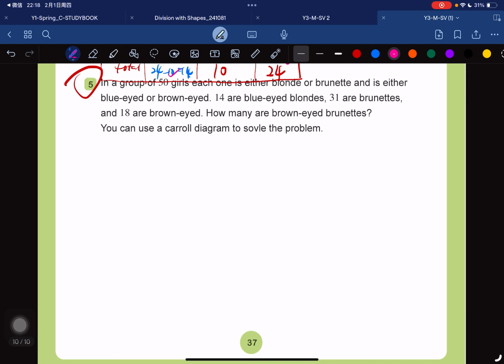So question 5 is exactly the same. You just have different headings and some different data. So try to draw the Carroll diagram by yourself and be careful whether we have the total column or the total row. Try it by yourself. If you have a question,